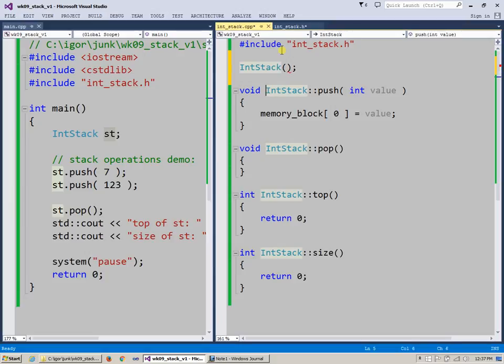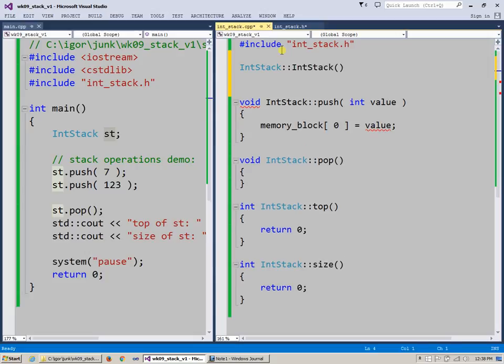First of all, we need to prefix this function name with the scope it comes from, which is int stack, and of course get rid of the semicolon, which is a syntax error inside the implementation file,